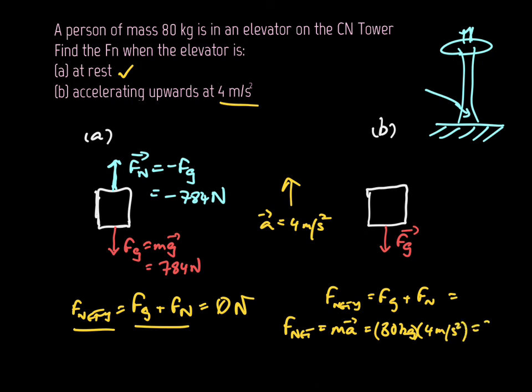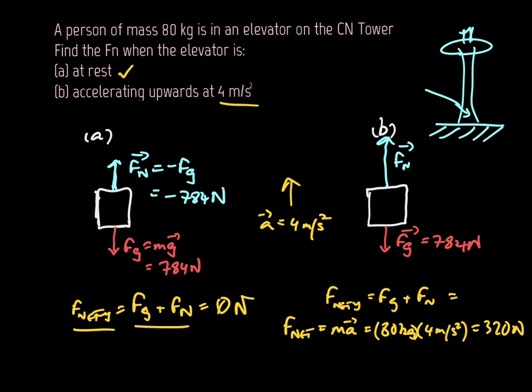And so that's equal to 320. And this is useful because we know there's an unbalanced force upwards, and we know indeed that that's caused by the normal force, as we described earlier. So we know that the normal force is 320 newtons bigger than our